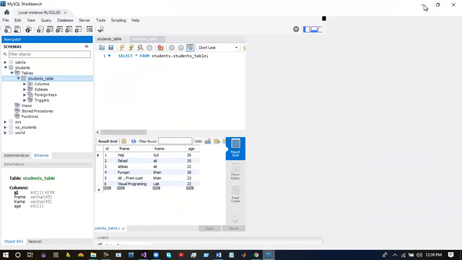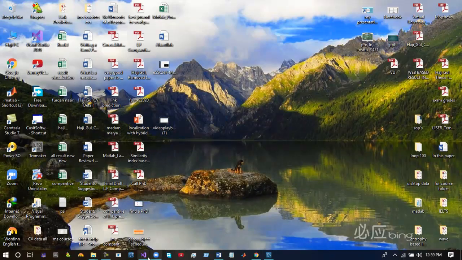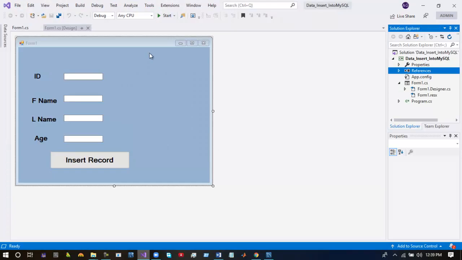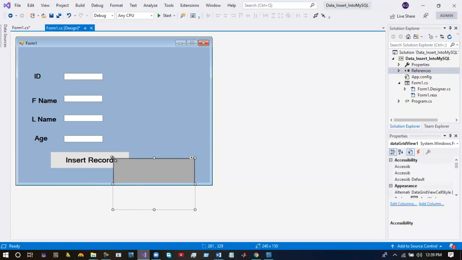Now move to Visual Studio. This is the format that I have told you, you need to create: 4 labels, 4 text boxes, and also insert a button. All the code we will write at the back end of this button.